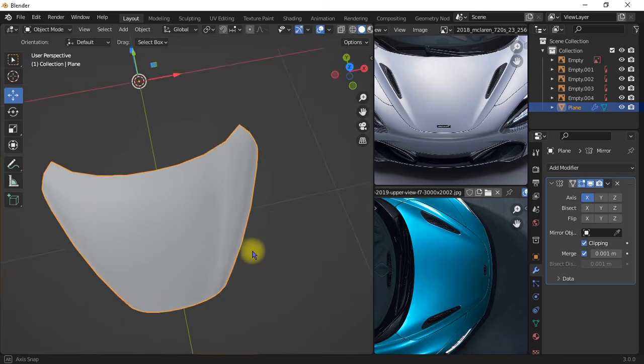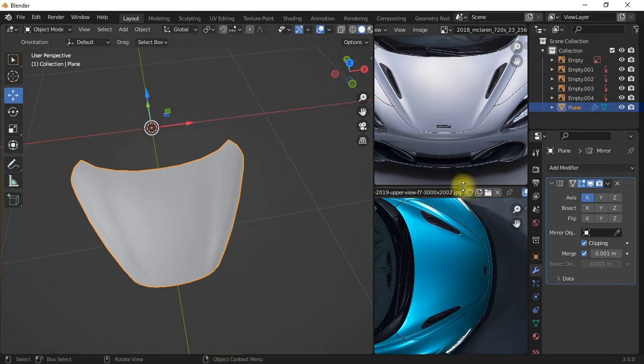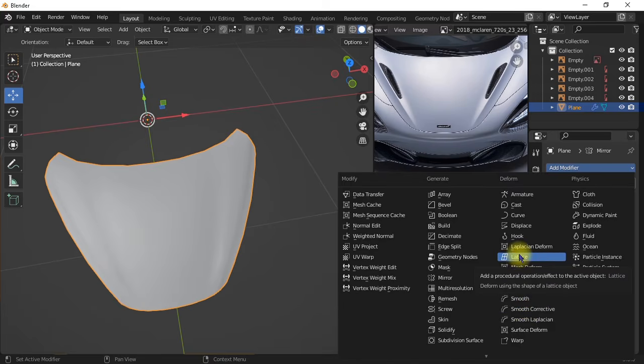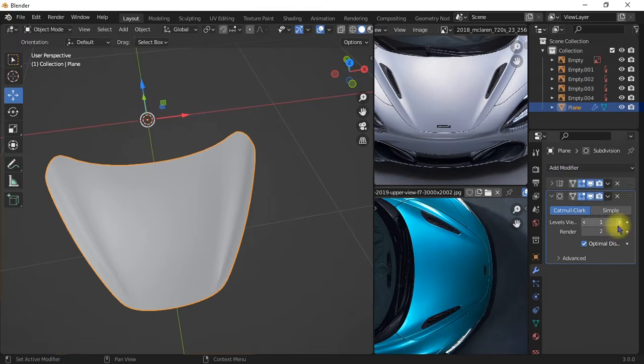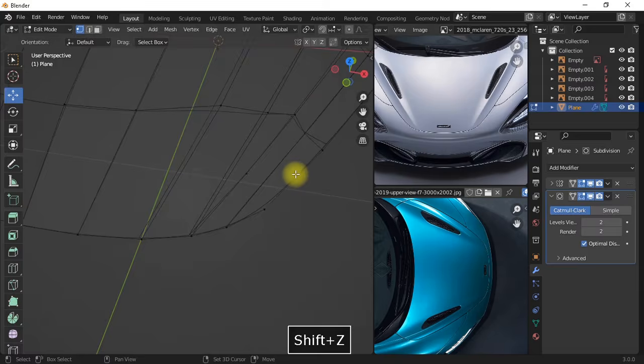You can just press smooth by right clicking and shade smooth. So I think we're ready to add the subdiv modifier, so we can know who needs adjustments and who needs corrections, and add in some supporting edge loops so we can continue with our work. So subdivision surface modifier, here we go, and we just move it to 2, and let's see how this looks. Okay,